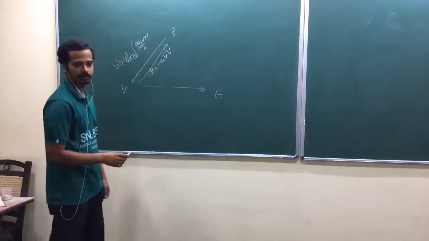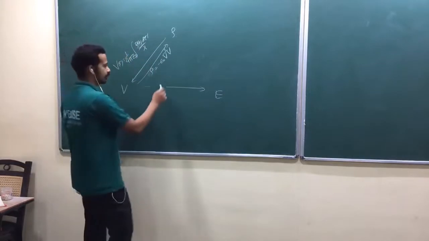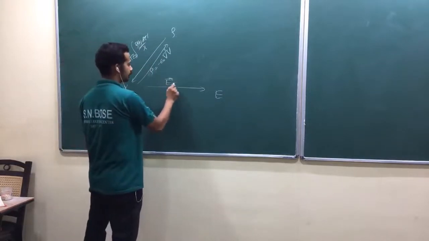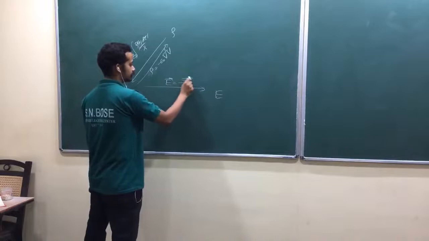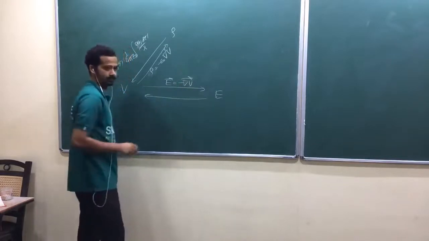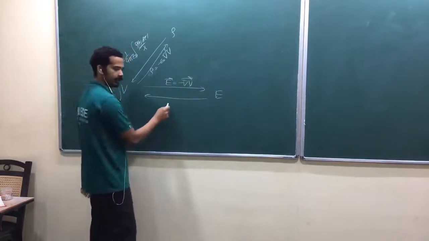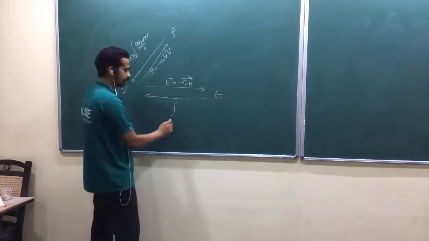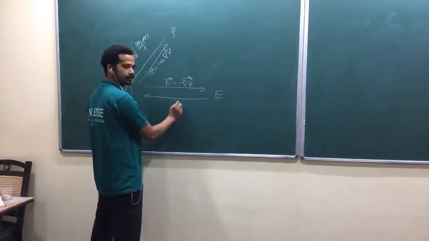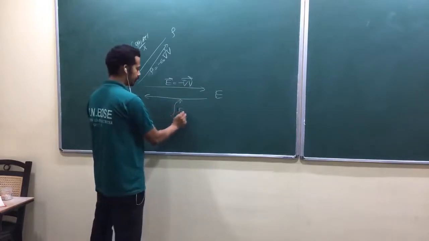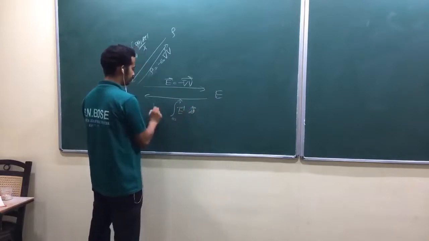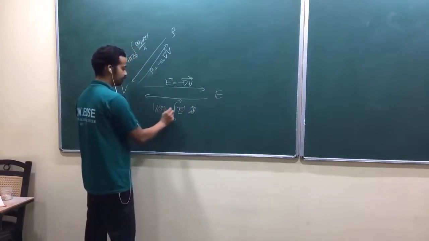So from here to here, how do you go? Potential to electric field: gradient, am I right? Electric field is equal to negative gradient of the potential. That's it. From electric field to potential: line integral, if it is a finite charge distribution. So the integral of E dot dl, that is potential at r, with one more negative sign.